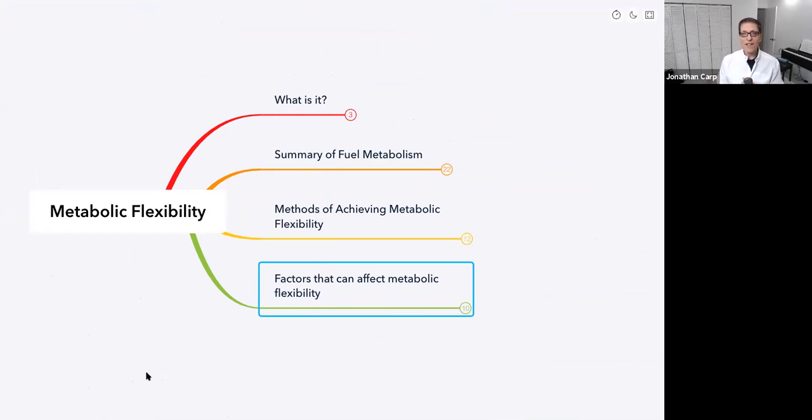So, metabolic flexibility. My goal for tonight's lecture is, by the end of this lecture, for you to understand different states of metabolism in your body and how that impacts your actual decisions on what type of eating you are going to choose, whether that is related to fasting or how it is impacted by exercise. By the end of the lecture, you'll understand all this so that you can make the right decisions for your